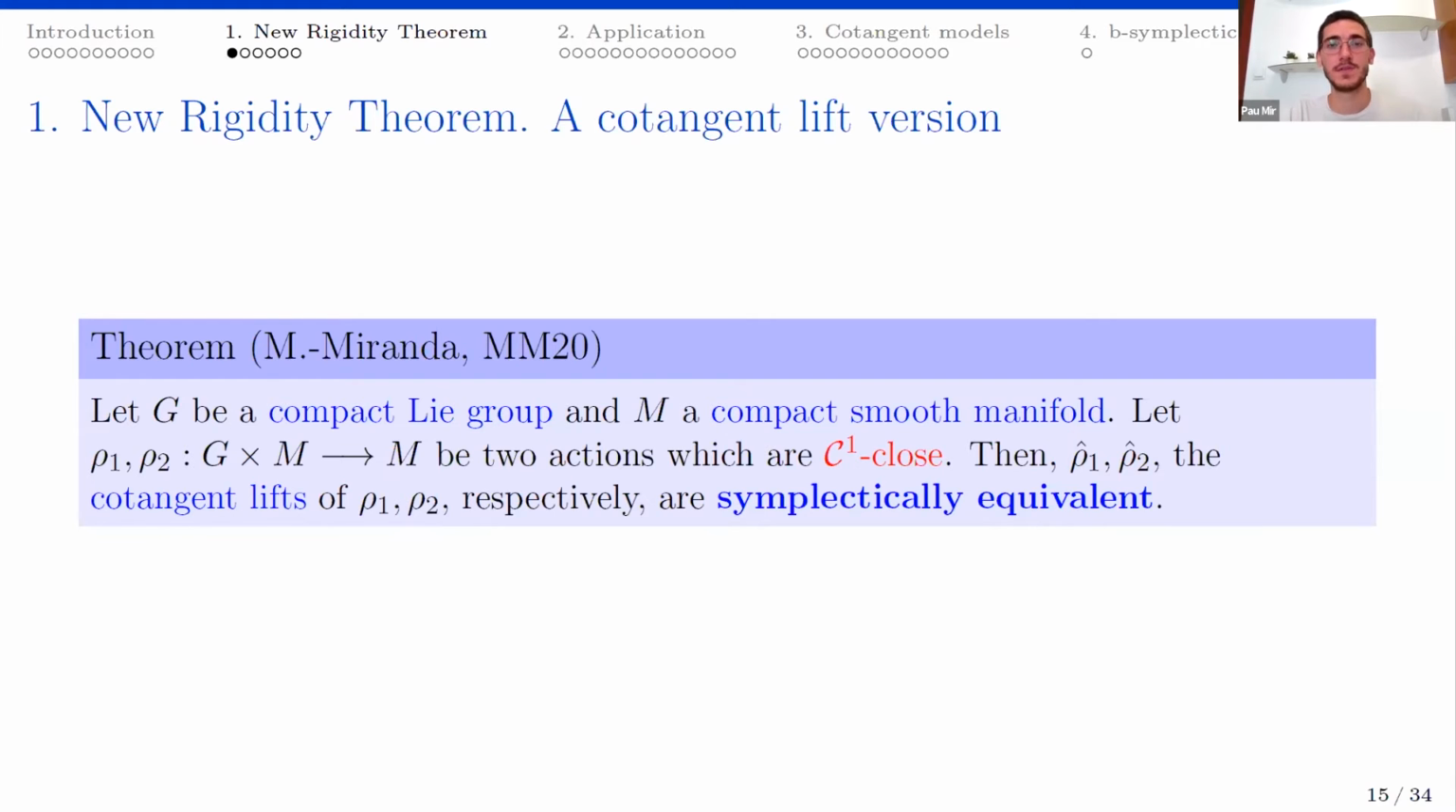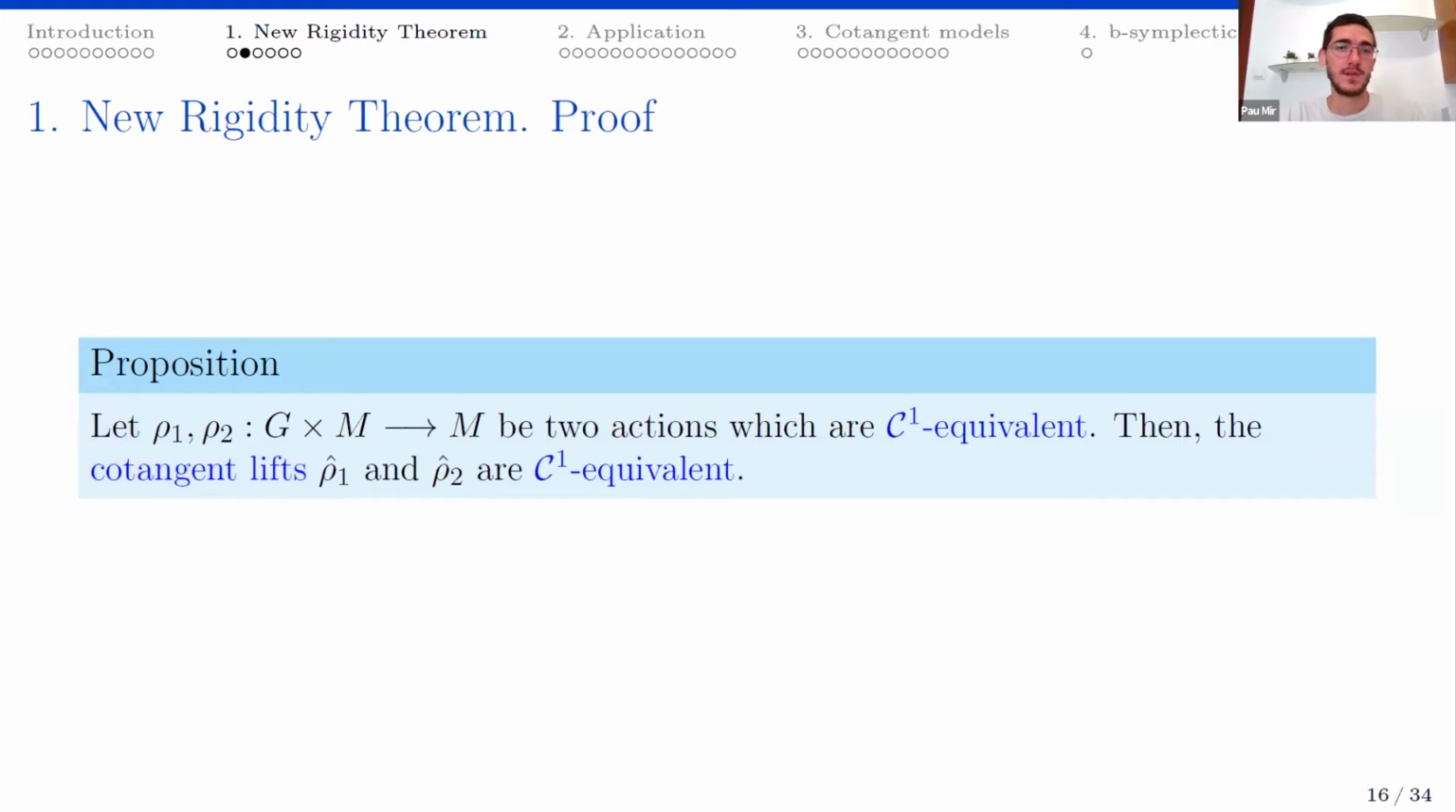The proof of this theorem is not really complicated. And first, it needs a proposition. In fact, it needs a definition, but we can go directly to the proposition, because we will see the definition in the proof of this proposition. First, we prove that if you have two group actions which are already C1 equivalent,